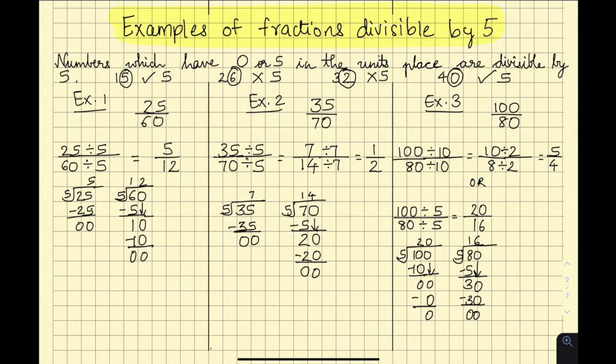Again 0 and 6 both are even digits, hence 20 and 16 both are even numbers, so you can divide them both by 2. 20 divided by 2 gives 10 and 16 divided by 2 gives 8. Again 10 and 8, they both are even numbers, so you can divide them both by 2 as we have seen earlier. So 10 divided by 2 gives 5 and 8 divided by 2 gives 4. Ultimately 5 and 4 do not go in any other common table, they do not have any other common factor. Hence 5 over 4 is the simplest form of the fraction 100 over 80.